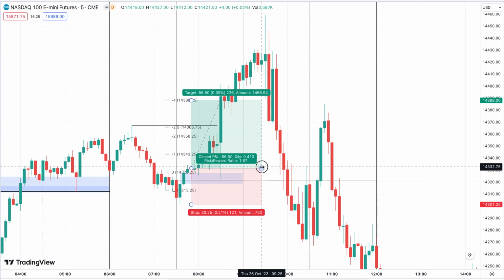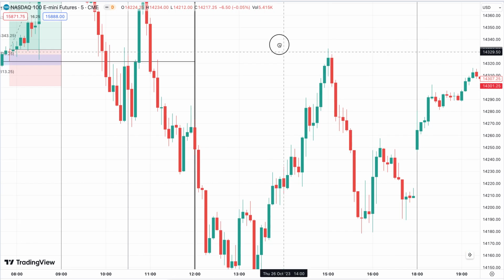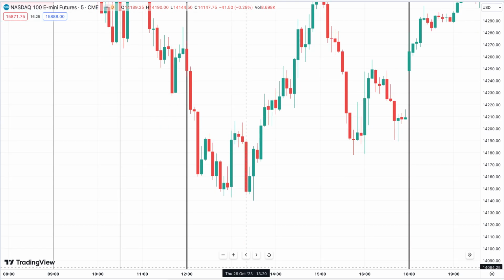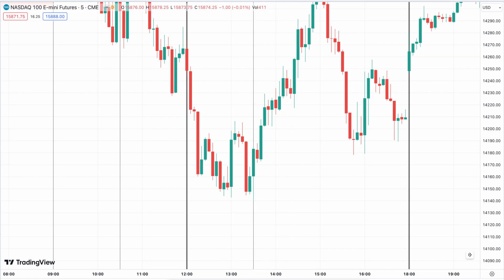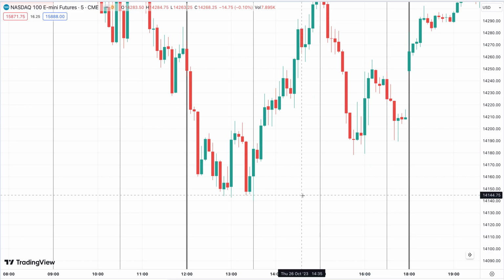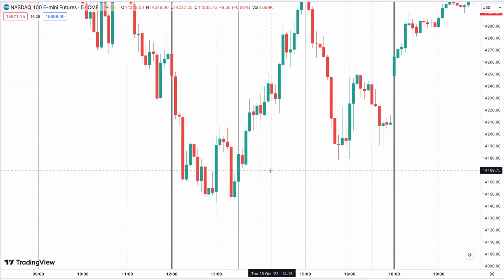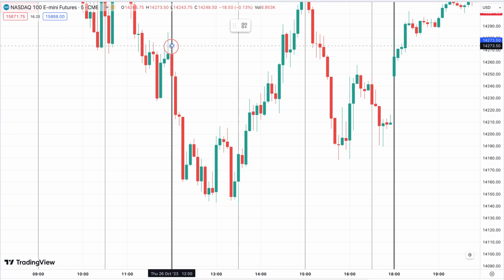One to 1.8. Now look at the next 90-minute cycle. Make this one thicker. So 12, 130. Three and 430. I'm gonna mark out the high, the low,